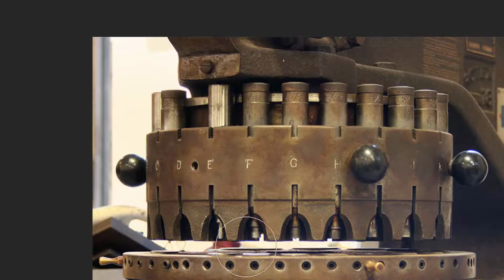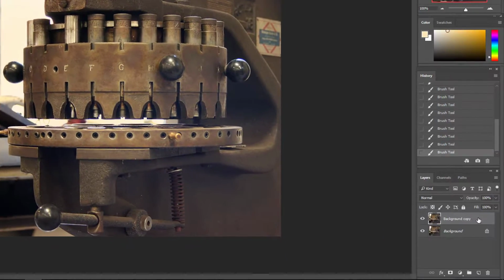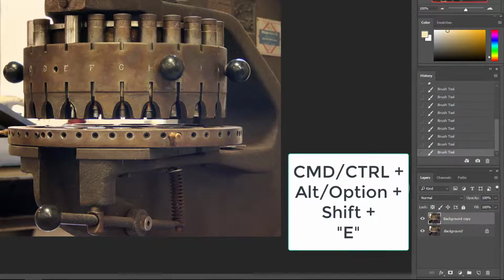So let me fill in some of this white stuff. Now that there is some tone there, if this were just white, there's not much I can do to it. So I'm going to want to play with this a little more. Now I could simply flatten this, but I want to show you another technique. If I hold down the Control, Alt, Shift, and E key,